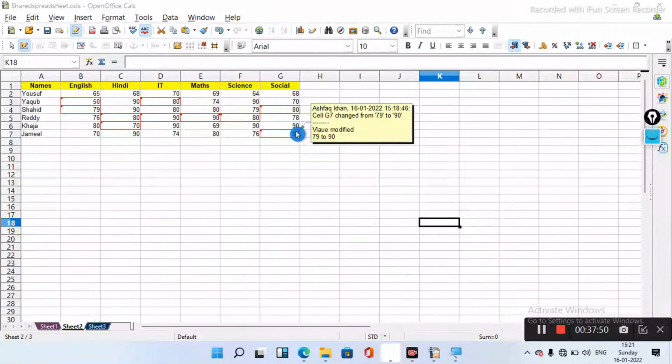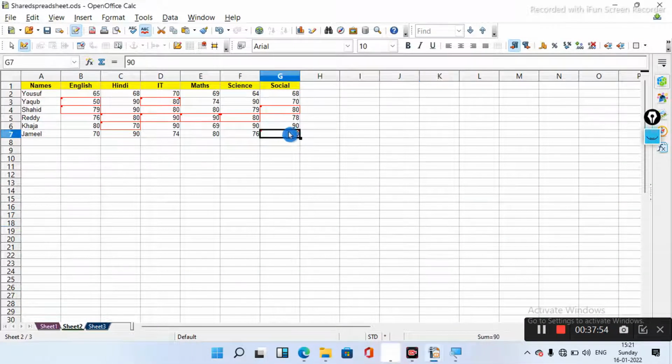Now you can see the comments here, the default comment, and the comment I entered. You can see both the comments. If you don't want to see this first comment, and only want to see our comment which we have entered now, then you have to